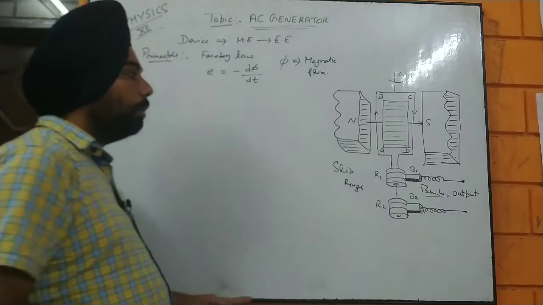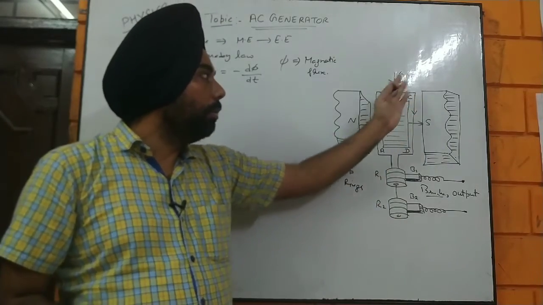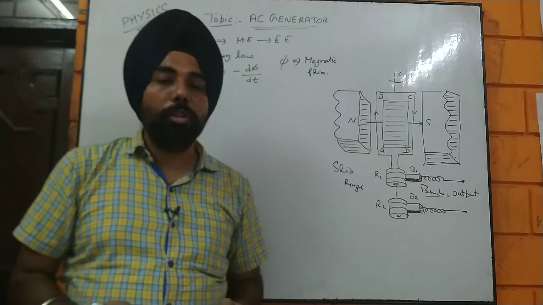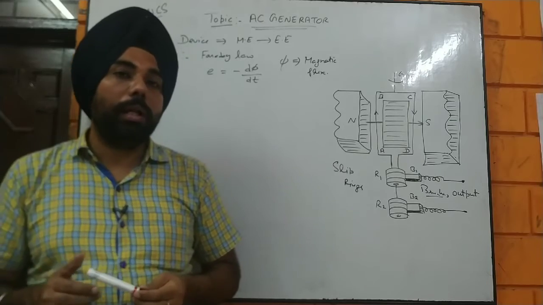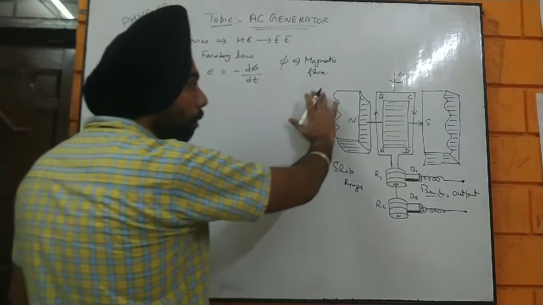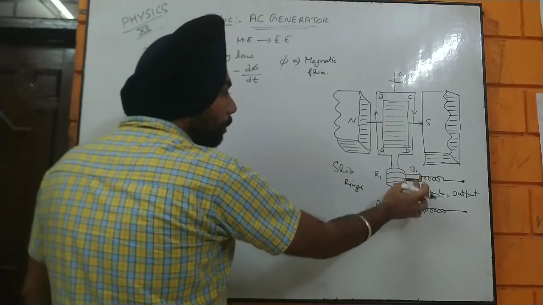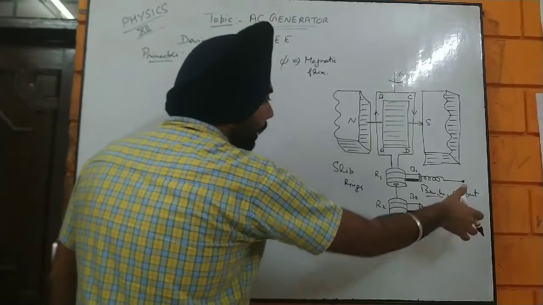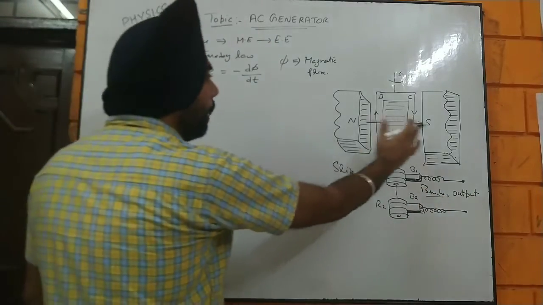That is the simplest diagram. I have made an axis here, and I have given an omega symbol here, which is the angular velocity with which the rectangular coil is moving. We have gone through all the components: the armature coil, these two slip rings, and those brushes which are attached to the wires with the load at the output. And these are the strong magnets we have.